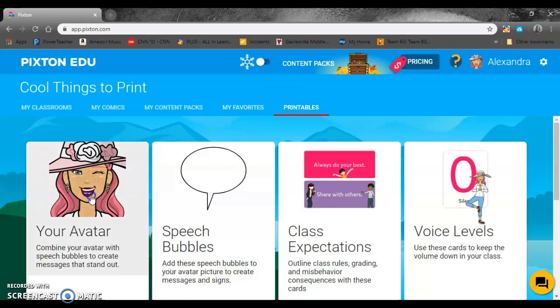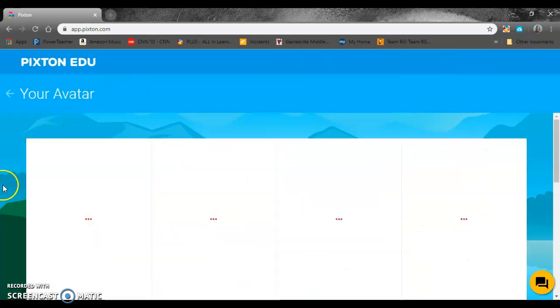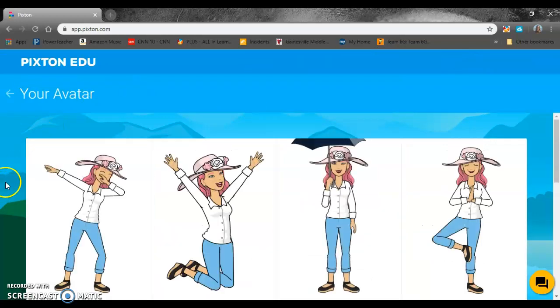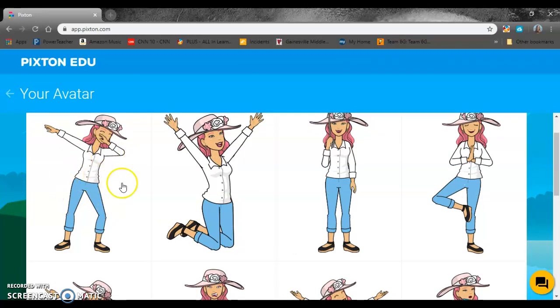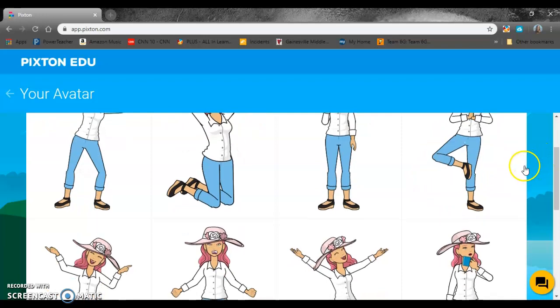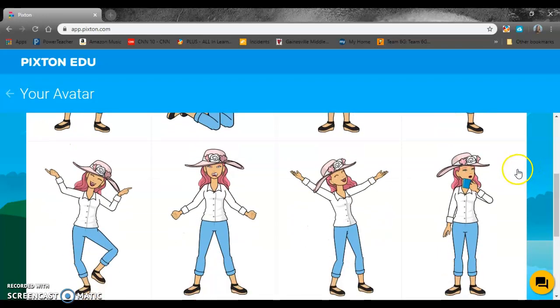A couple other neat features are the printables. I personally love these. I use my avatar. I have it up in my room all the time. You can change your outfit, right? We can be dabbing, jumping. I have this avatar on a poster saying that it's test day. I put this up in the classroom when it's been a rough day and we just need to take a couple deep breaths. These are all that we can use,